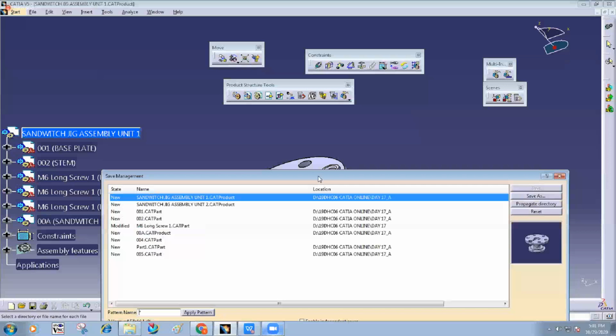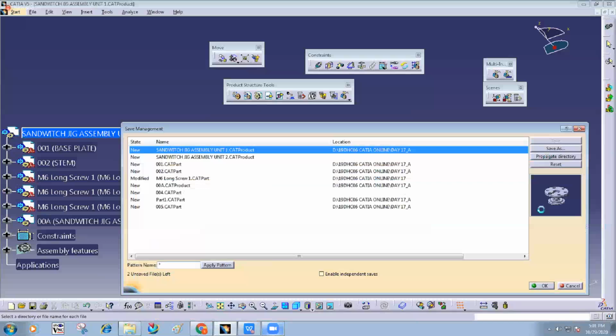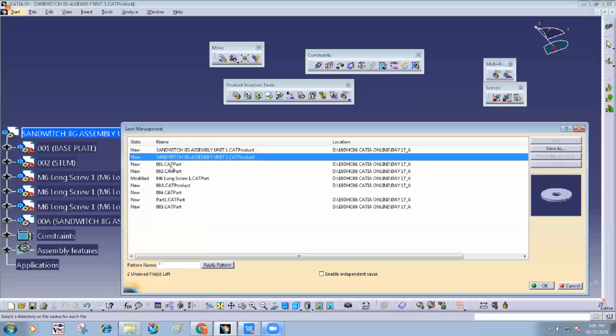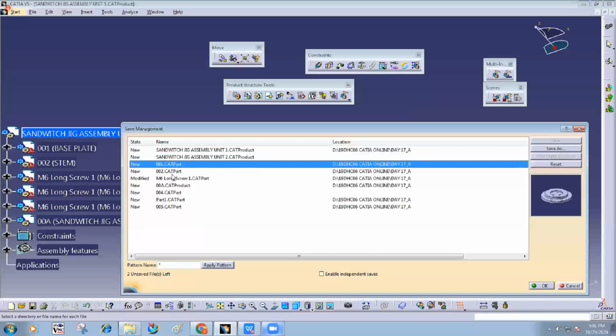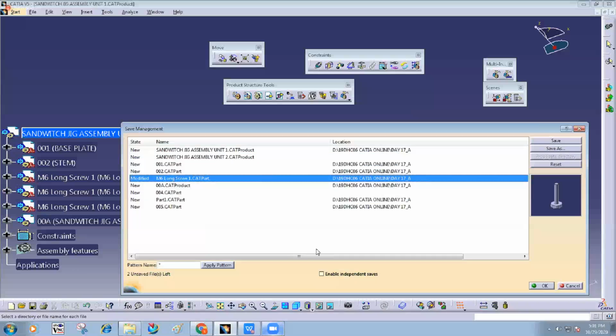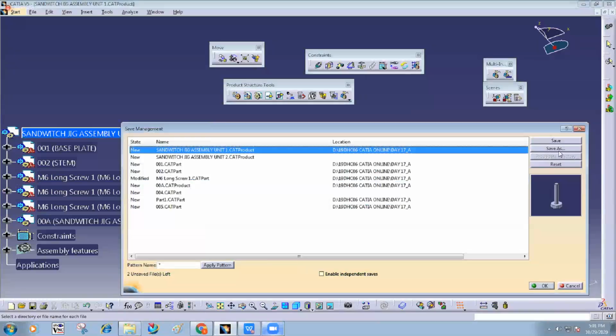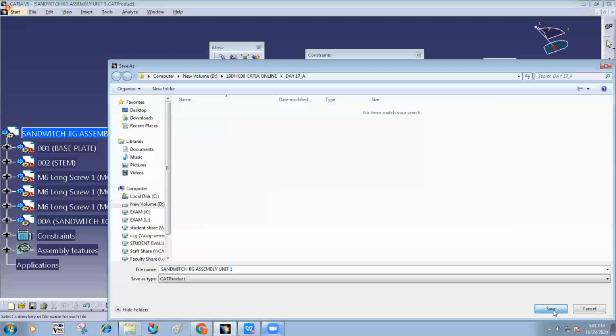During sub-assembly, if you remember which option I used, this second one, product sub-assembly, and I use the propagate directory option. Then what different files will you get? You will get a file of the main assembly, a file of the sub-assembly, and different files of parts along with standard parts. So that also gets duplicated in the current location. So click on OK. Do it again. Save as. Yeah, unit 1. Propagate directory.